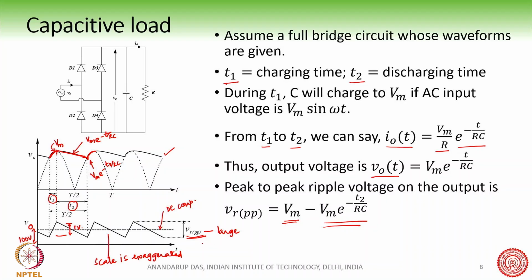It generally looks like this. Generally you will hardly notice a small ripple on a voltage. So this voltage will be 100 volt, and you may have a peak to peak ripple of say 1 or 2 volts. You will hardly see very small ripple on the output voltage.